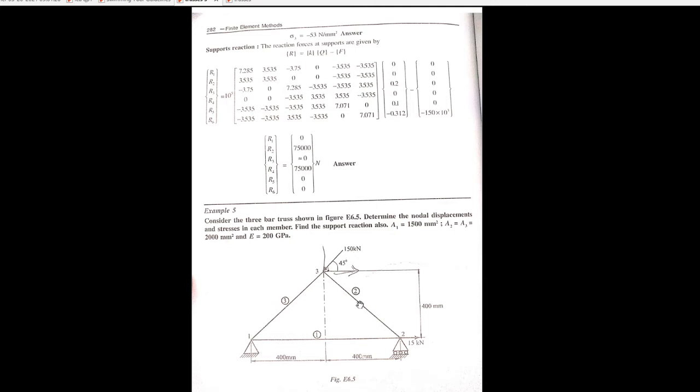Therefore, what may be the changes now? Any load which is acting at an angle, what we need to do? I think you know that. In any type of problem, any load acting at an angle, what you have done in DME and all? Resolving forces. Yes, that is the only difference here. Resolving the forces. Copy this problem, all of you.